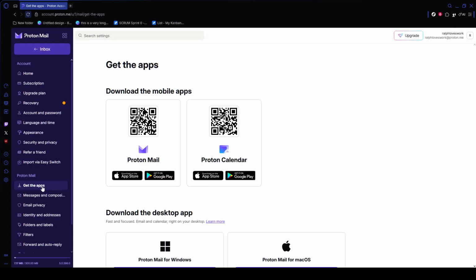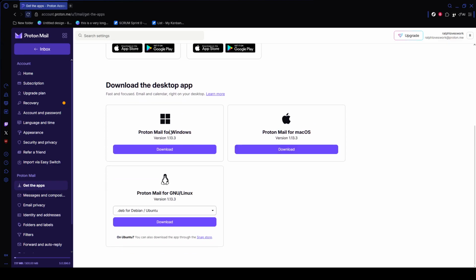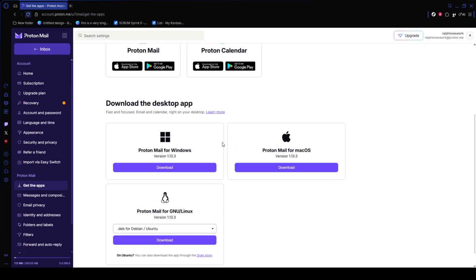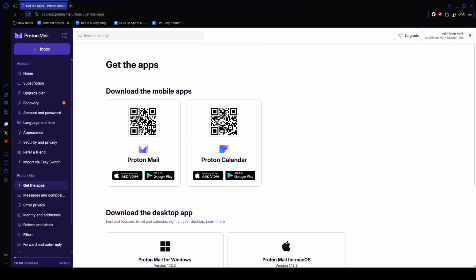In Settings, under Messages and Composing, turn on Category View to sort mail into primary, transactions, promotions, and newsletters. On mobile, assign swipe right to snooze and swipe left to trash for